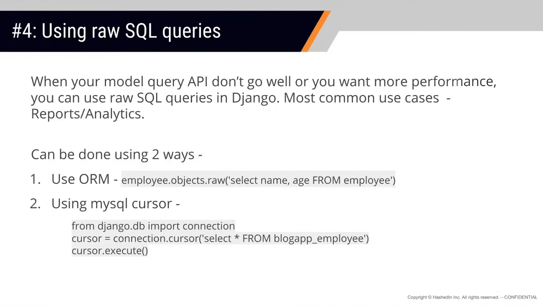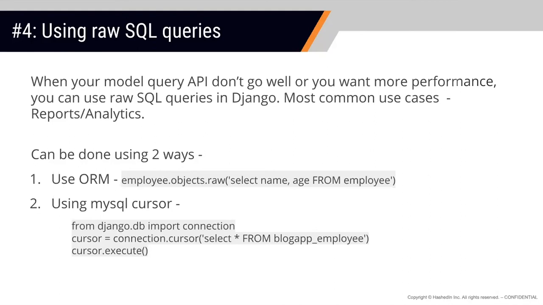So at any point of time you realize that my queries are getting way too complicated, or you have a kind of reporting or analytics use case, it's better to write raw queries rather than still using ORM, right? So write raw queries. There are two ways that you can execute it. You can use Django ORM also, and then also you can write it. The advantage that you get is the result set is still mapped to the employee directly, right? And you can say employee object dot name or object dot age. So first is you can still use Django ORM with raw queries.